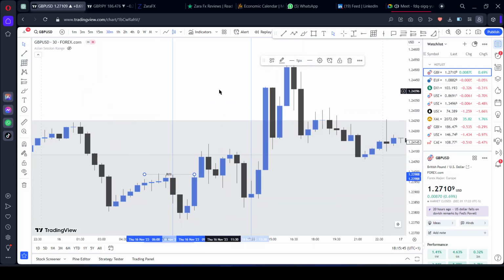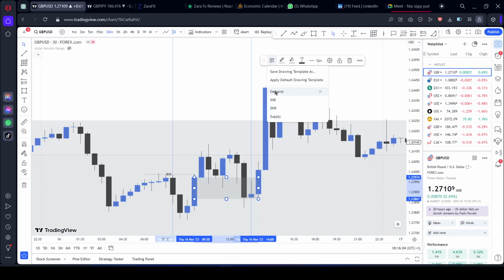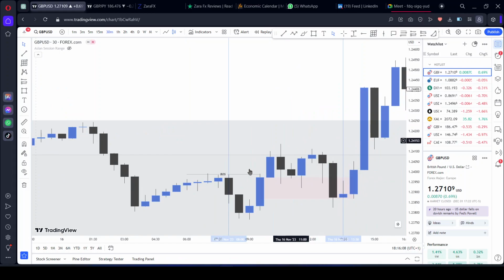So upon this break of structure, I want to see if there is any PD array that price can come back for. We have multiple. We had this mitigation block here, and we also had this fair value gap here, right? So I'll focus on the fair value gap in this case. Let me change the color to red so it will be easy for us to find it later. Yeah, so we have that fair value gap. Now that price has traded back into our fair value gap,